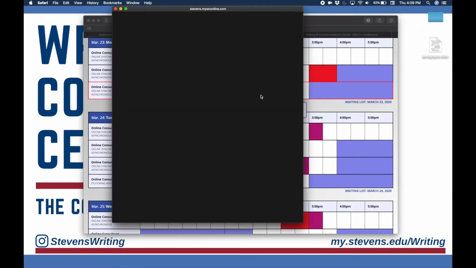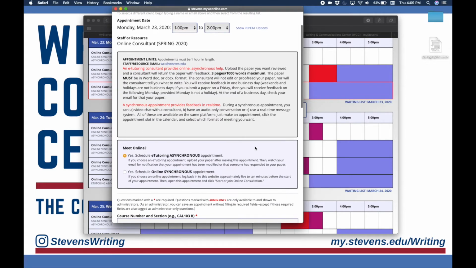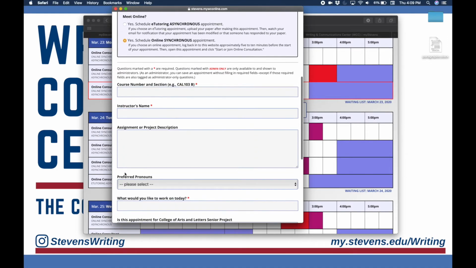Today, we're going to show you how to make a new synchronous appointment with our new platform. The information about our appointment formats are available on this page in more detail. Simply select the type of appointment you would like to make today. Once you've chosen the type of appointment you want, just fill out the rest of the appointment information as you